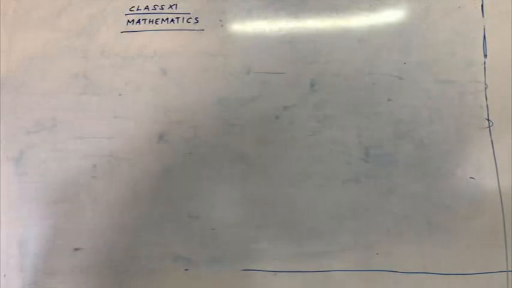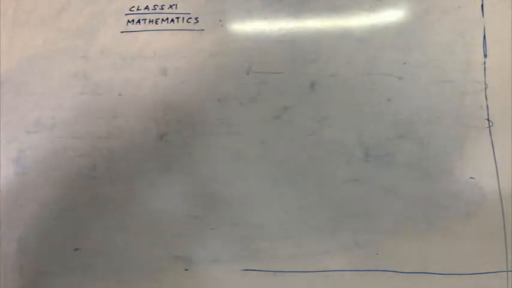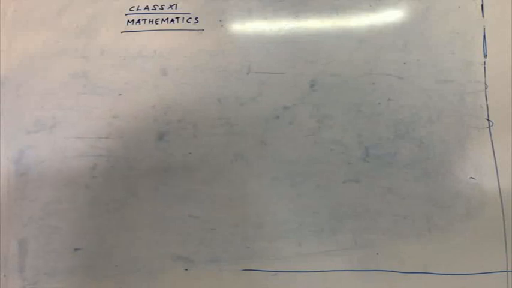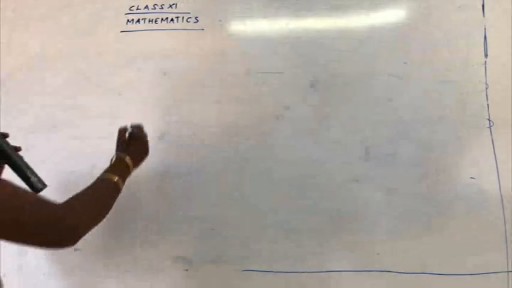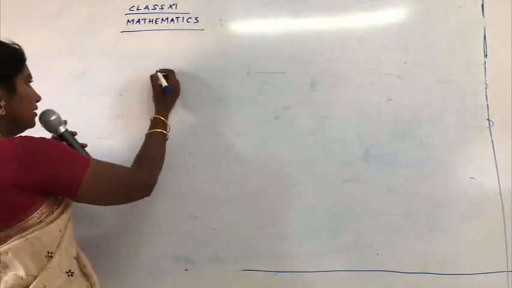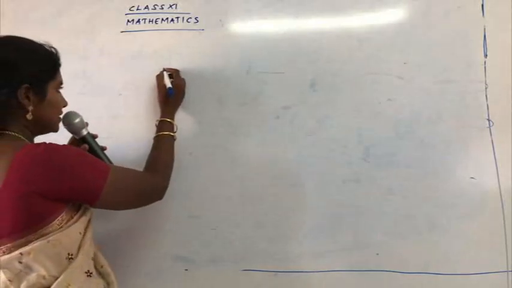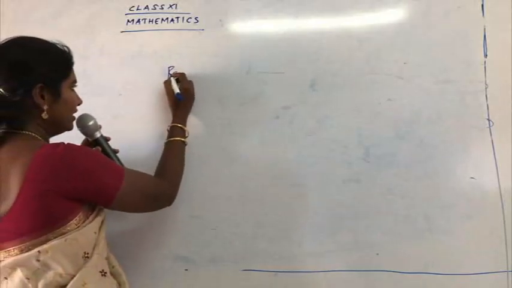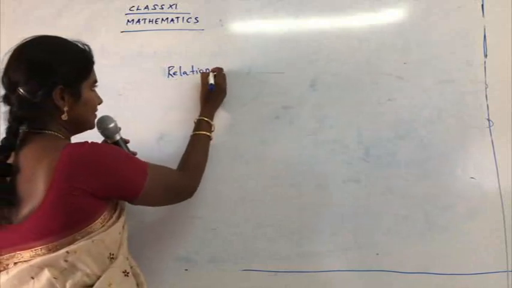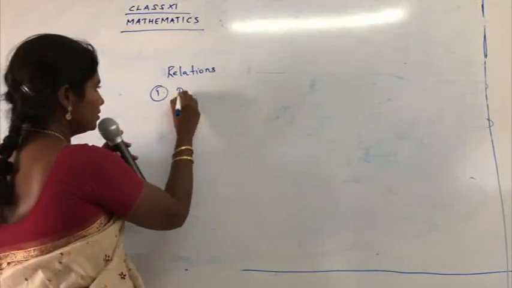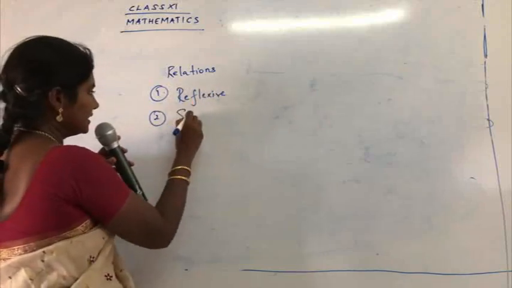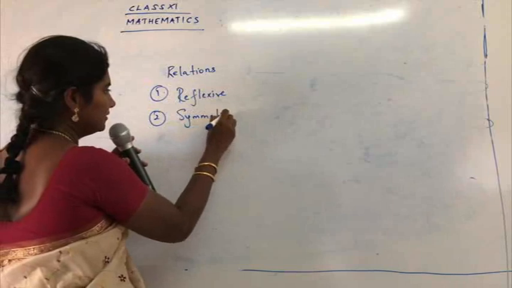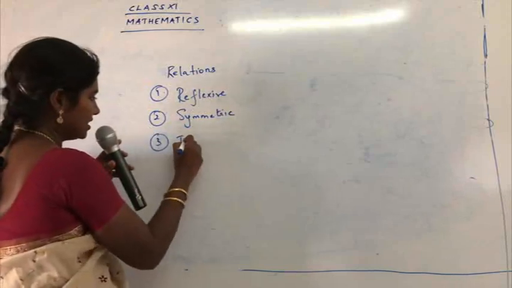In exercise 1.2, I have told you the three things about relations. Under relations, you have to remember the three main topics, that is, the types of relation. This is just for your recall purpose, so do not write it in the classwork. Just understand what we have done under relation. We have seen three types. The first one was reflexive, the second one was symmetric, and the third one was transitive.